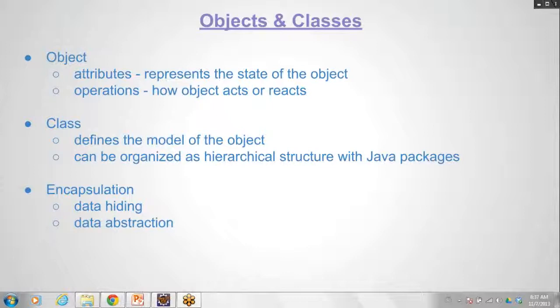So class is the template for an object. For a class there can be hundreds of objects. Object is an instance of a class. So in Java, an object is created from a class.